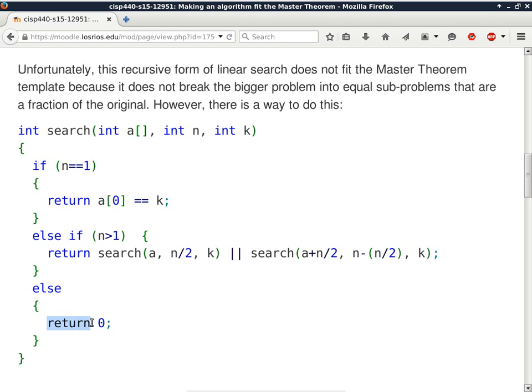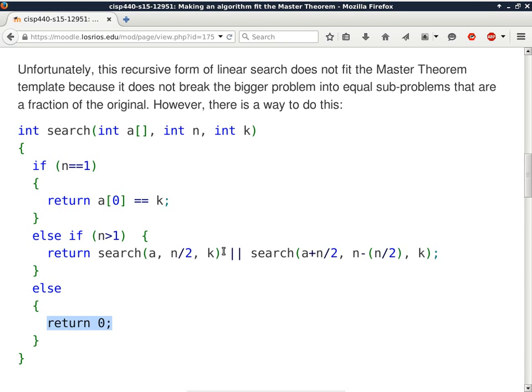How do I end up with this particular else statement? The 2 conditions both have to be false, right? So that means n equals 1 has to be false, but n is greater than 1 also has to be false. What does that mean when n is not 1 and it is not greater than 1? Less than 1, or 0, or less than 0. Less than or equal to 0. So in that case, I have an array that has no element, and obviously k cannot be a part of that array. But in this case, it's just n is less than 1.